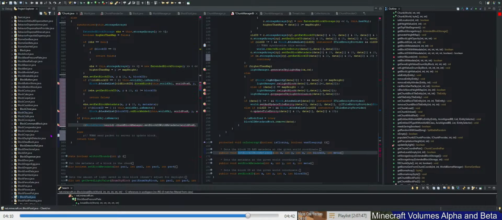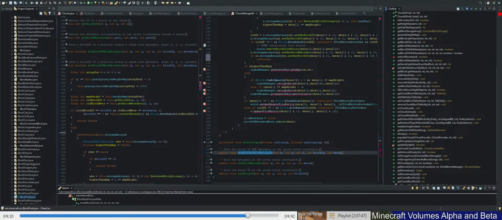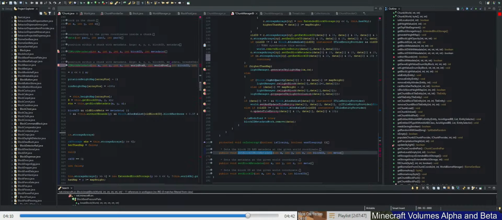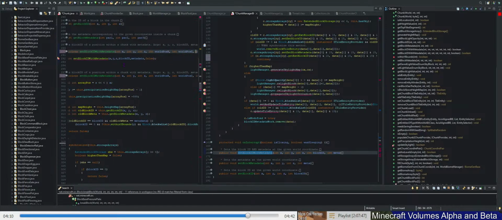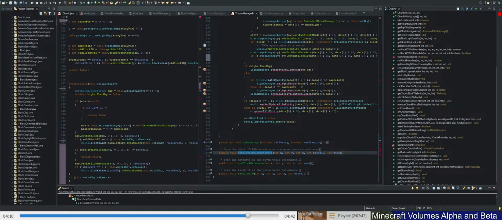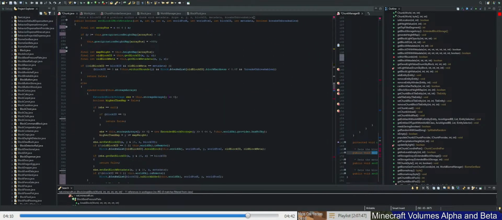Things I don't really understand is why... Let me go ahead and move this over, I realize, because I'm not really using it right now. So